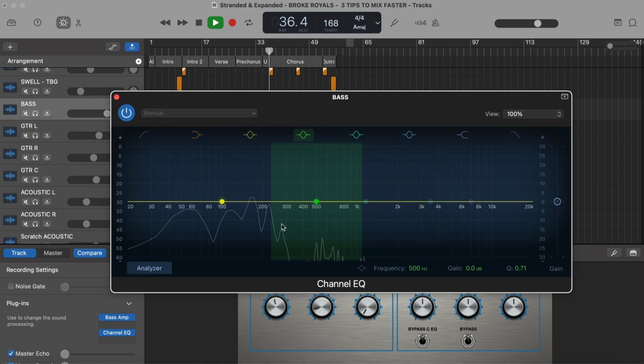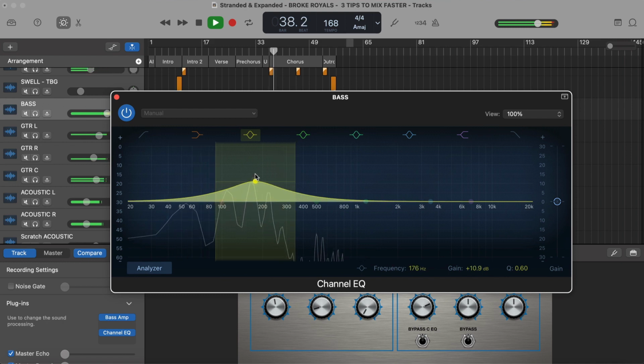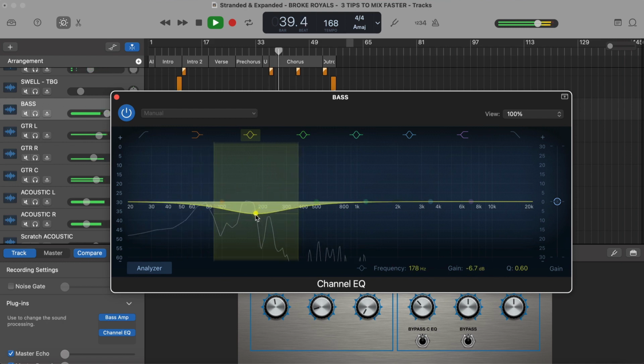So for example, a lot of times our songs sound muddy, but it's not necessarily everything in the song that's making it sound muddy. It might only be 1 or 2 things. So, for example, the biggest culprits that I tend to find are bass guitar. There tends to just be too much between 100 and 300 hertz. And if I just dip that down on EQ, all of a sudden my mix sounds much cleaner and fuller